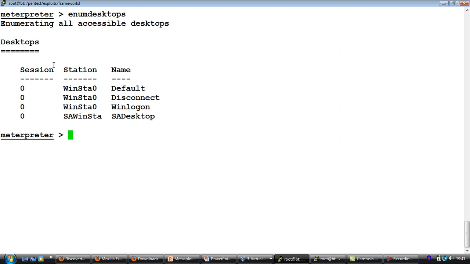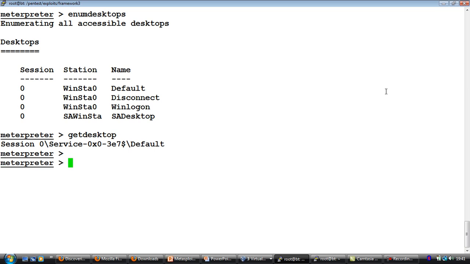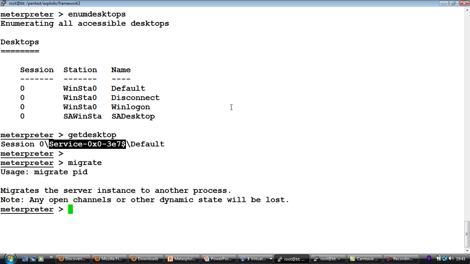And these are all the accessible desktops. So let's quickly look at what is the desktop we are associated with. If you notice, our desktop is basically one of the service desktops, which is non-interactive in nature. So one of the first things we might want to do is actually look at